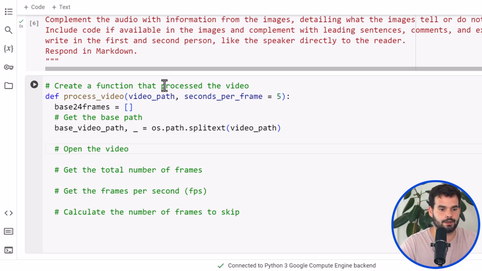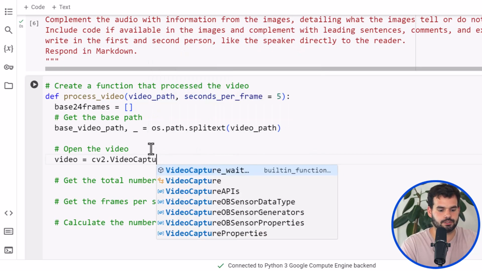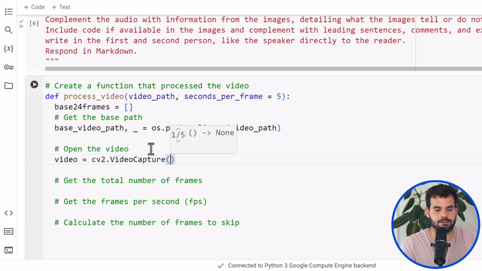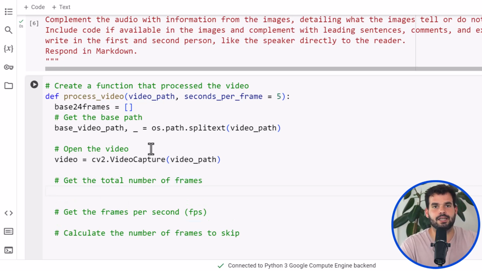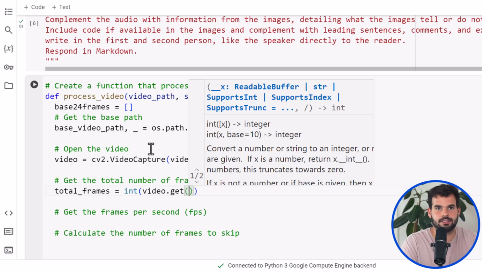So in order to open the video, video equals, and here I use cv2.VideoCapture. And then here I simply include the video path. So step 1, get the total number of frames. So total frames equals an integer, and then here video.get, and then I go to